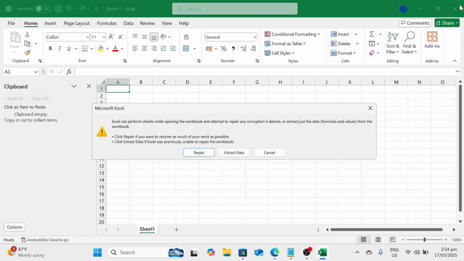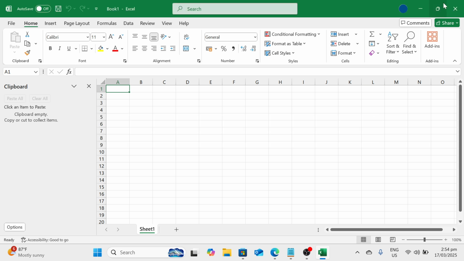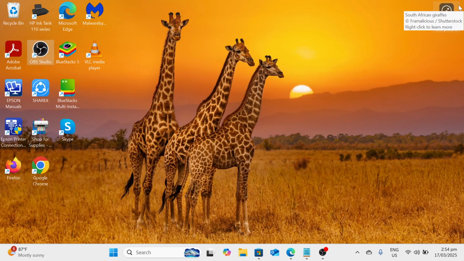And the sixth solution is to disable Excel add-ins. So sometimes corrupted Excel add-ins are the reasons causing errors when you're trying to copy data to a workbook. So to disable add-ins, open Excel